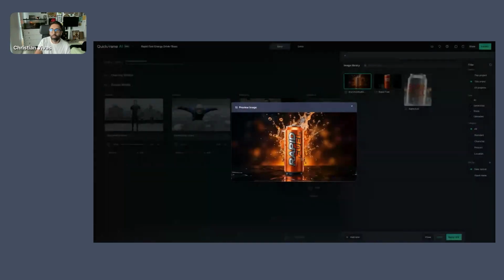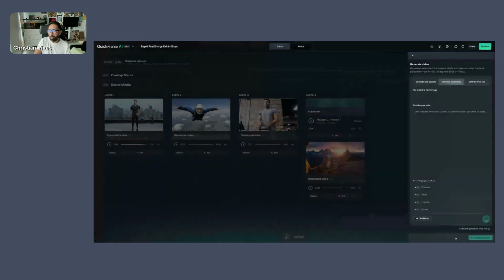This is a beautiful rapid view cam. Select that image, apply it, and then add again a descriptive prompt here. This way, we'll be able to animate exactly what we have there in the image, and we can say, hey, I want the orange soda to be flooding this image, and then animate directly on that image.